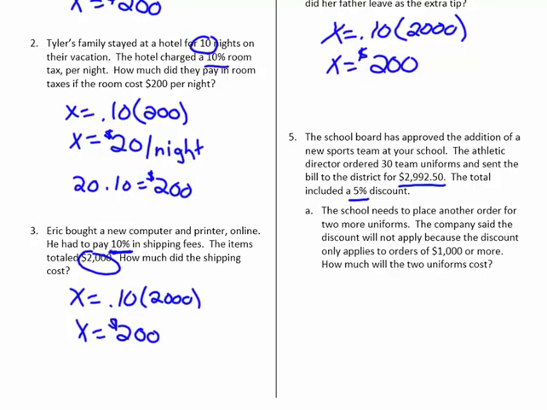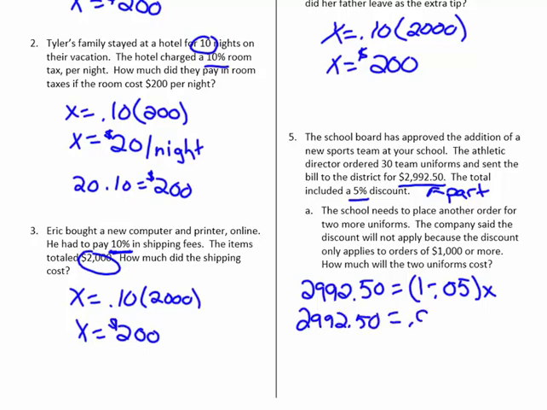So this is also combining what we worked on with markups and markdowns. This was a markdown. This is your part, because this is how much we paid. I'm looking for the whole. So I'm going to go back and use my markup, markdown formula. This was a markdown, so it was 1 minus 0.05 times x. So